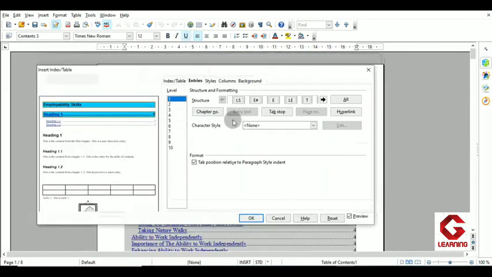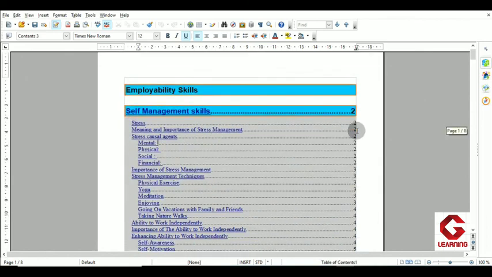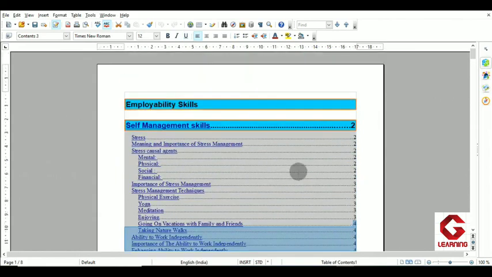Now the second one is that in the structure line you are getting these tabs, but as per the requirement you can delete these tabs also from the structure line. For example, here you can see that on the right side of each table of contents entry we are getting a page number. So this much content is available on page 2, and thereafter from here our page 3 is starting, and this much content is available on the 4th page. So here on the right side of each outline label or text we are getting a page number.